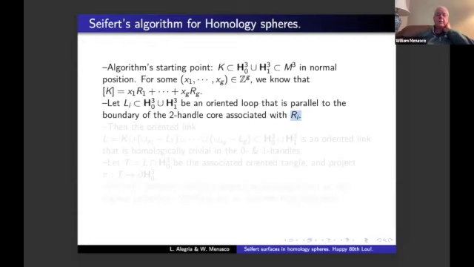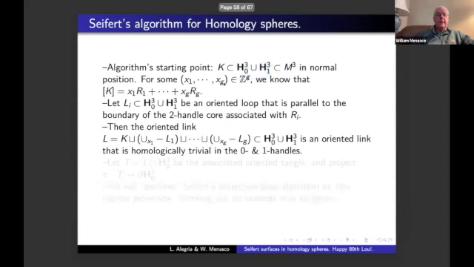So the R1 relator is generated by a particular two handle, and if you take the boundary of its core, that will be L1. And in fact, we're going to push that L1 a little bit into the zero and the one handles, and then you end up with a link, because you take your original knot K, for which you're trying to produce a Seifert surface, a spanning surface,